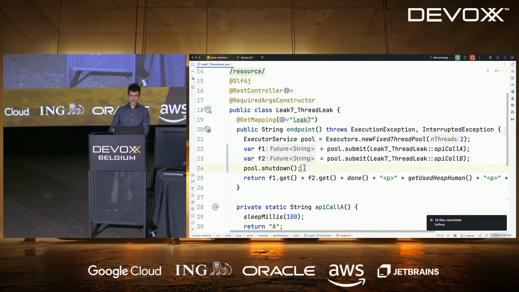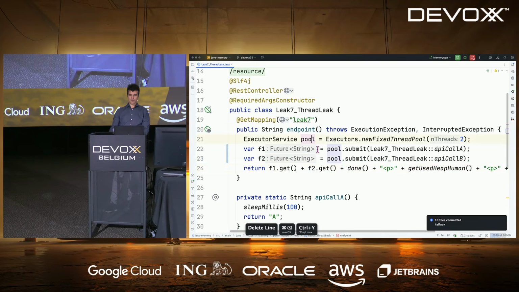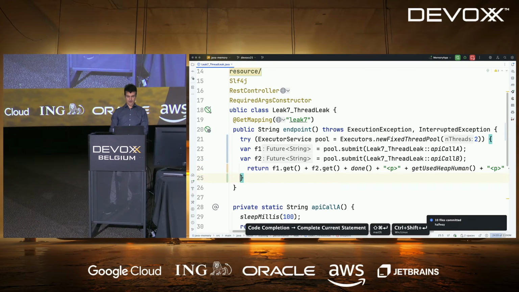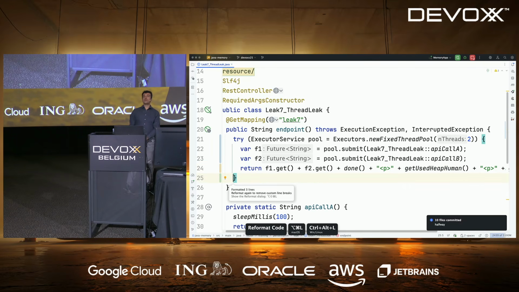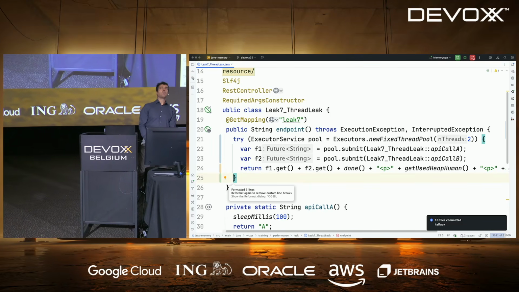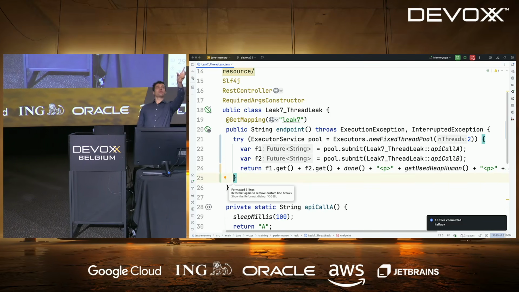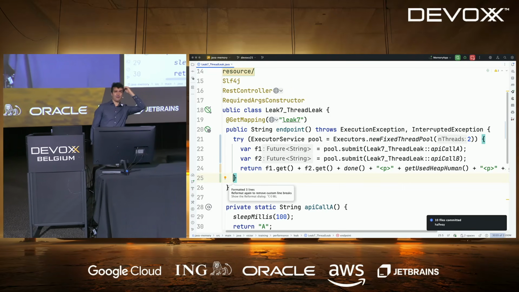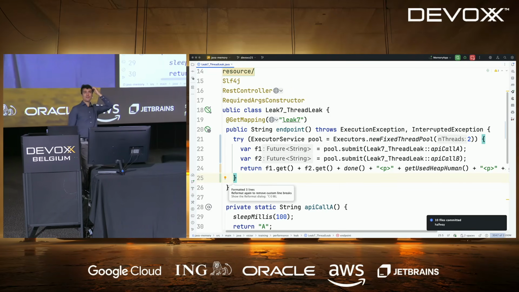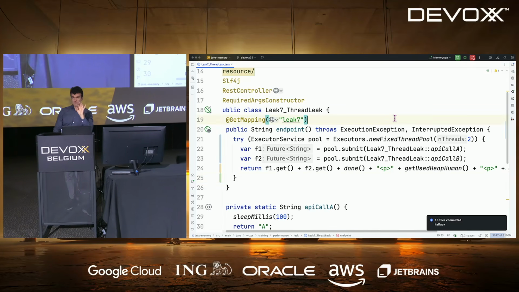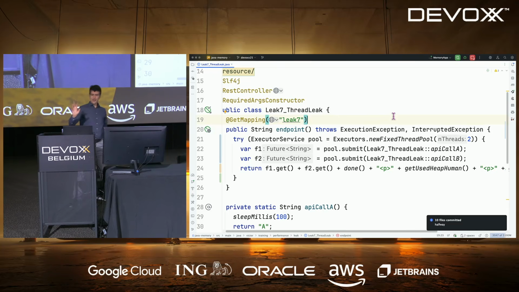So let's be safe and basically do this pool and say, try with resources. Lord gave us try with resources for exactly this reason. Done. Boom. And now the pools are closed after each call. Okay, but somebody already said, hey, I'm creating new threads for each call. That's a bit of a waste, I know. And that's going to hurt performance, but as far as memory leaks,